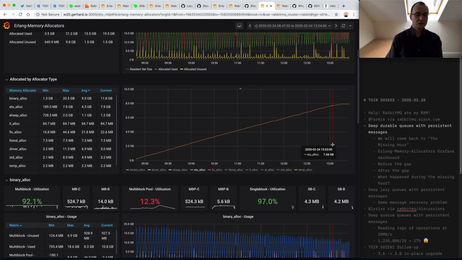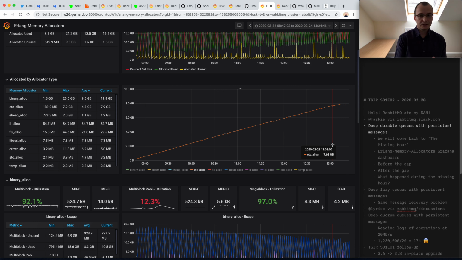So ETS stands for Erlang Term Storage. Those are in-memory data structures, very efficient, which can get queried by different processes. So they are shared, or they can be shared. And in this case, the bulk of this memory is used by something called